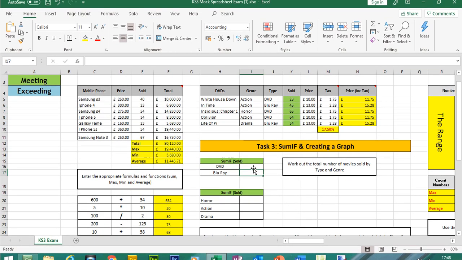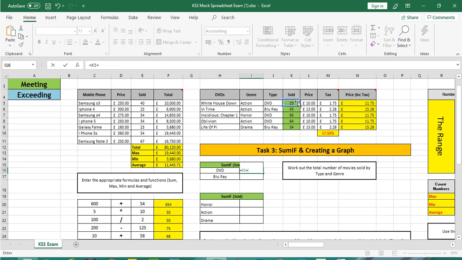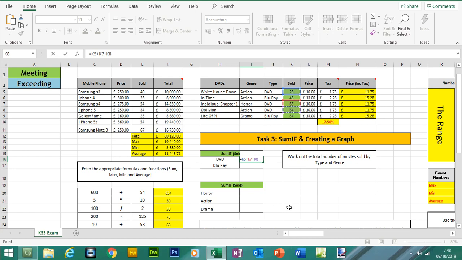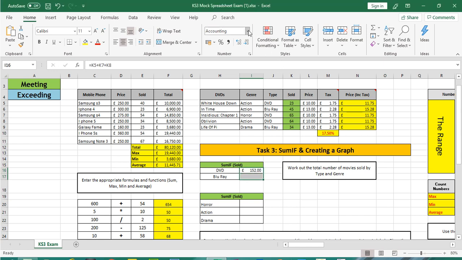Okay, so what I don't want to do is do something like this. So this plus this plus this. Imagine you had a long list. You'll be there all day doing that. It still gives you an answer, and for some reason the currency formatting is showing, so let me change this